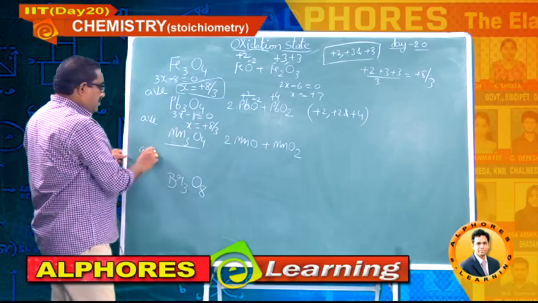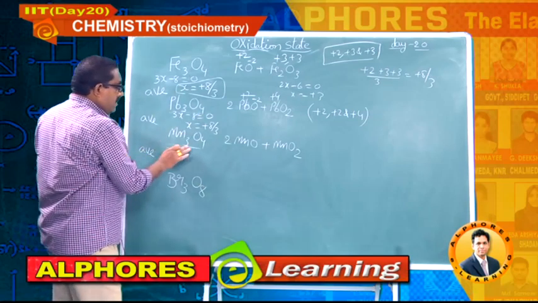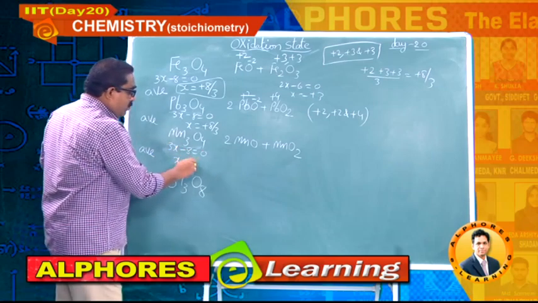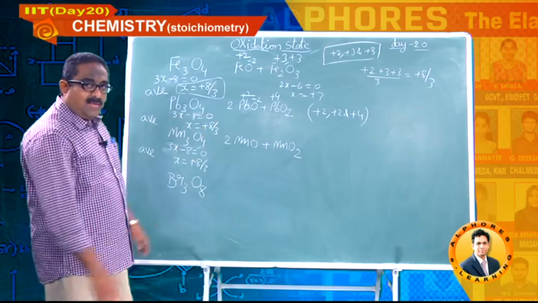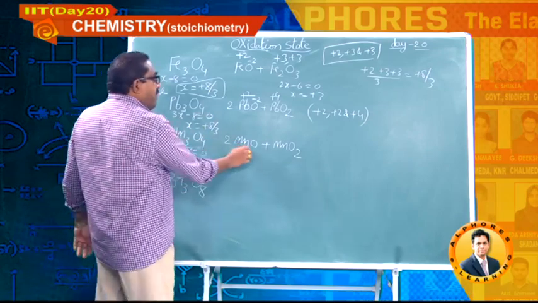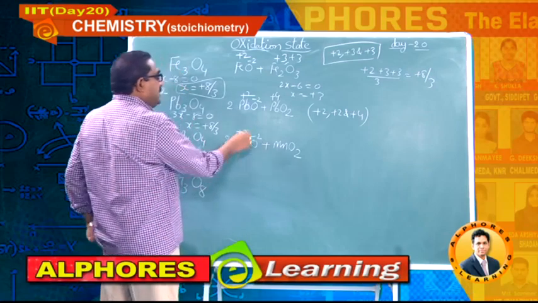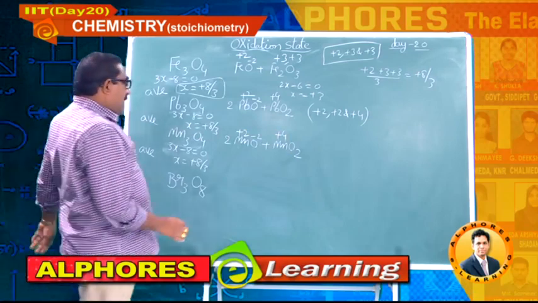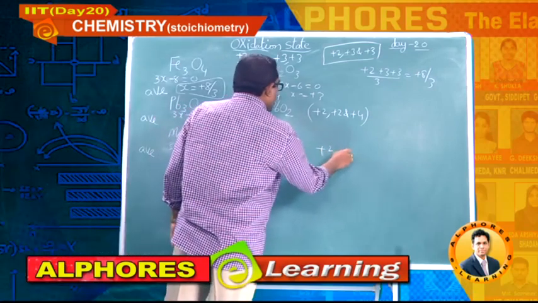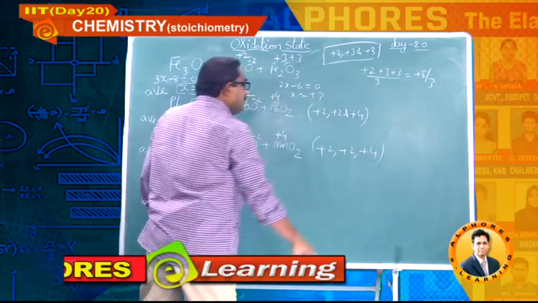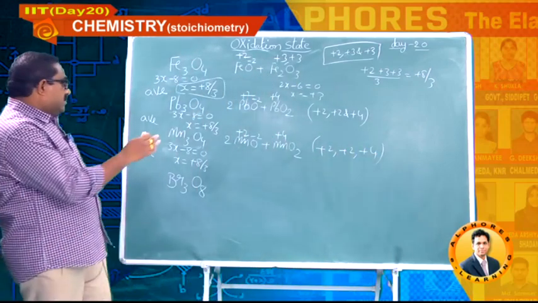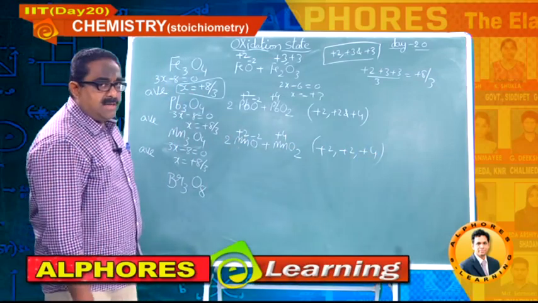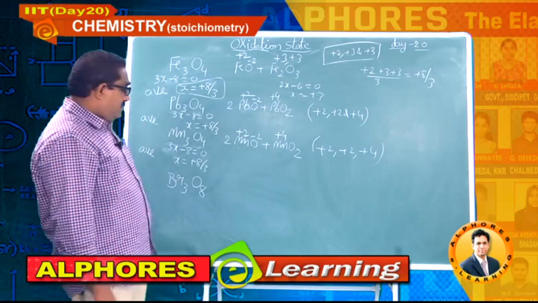Coming to this, same as Pb3O4 exactly. So the average, again I am doing, concentrate, 3 manganese, 4 oxygens, so x equal to plus 8 by 3 students. Now for this oxygen is minus 2, manganese is plus 2. For 2 oxygens minus 4, so manganese should be plus 4. Again individual oxidation states are plus 2 and plus 4 for manganese also. So this is the average, and those are the individual oxidation states of all the 3 manganese atoms.